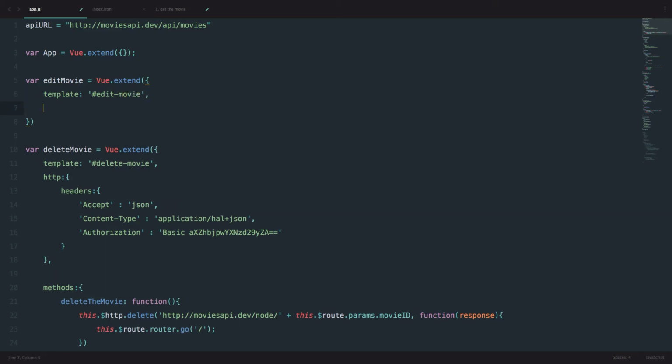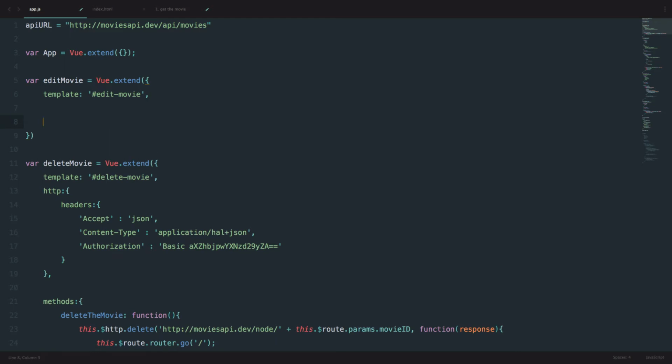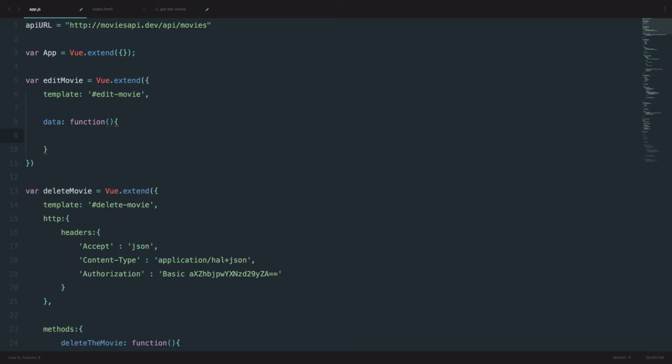Okay, and then we would define data for this, because we already know that we are going to be receiving a title, we are going to be receiving body, and we are actually going to be receiving a movie, because we have to pull the data from the movie in our edit component, so that we can display the title and that we can display the body of that movie. So I'm just going to do data function, and then we will return that data,